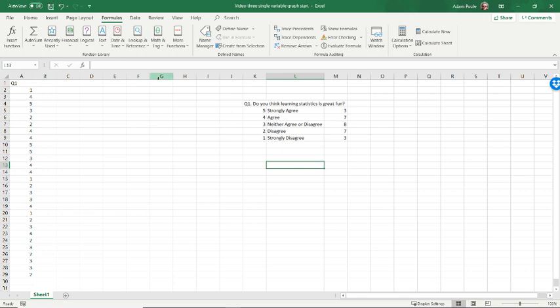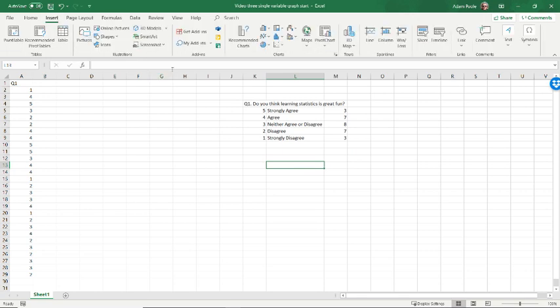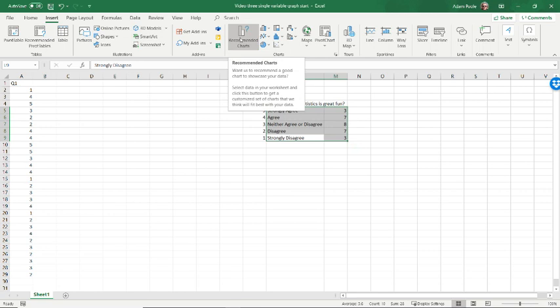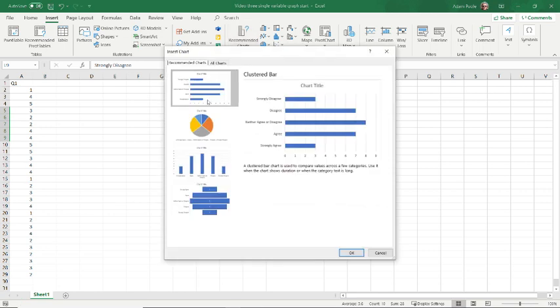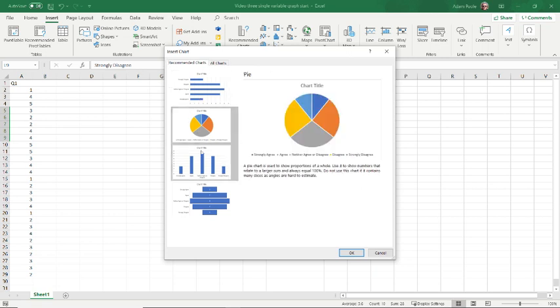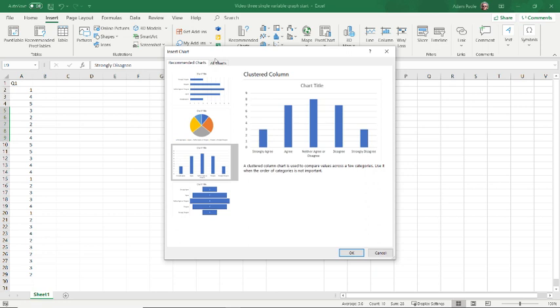Well, first thing I need to do is go to the Insert tab up here on the main menu. And then I need to highlight the data by left-clicking on one corner, dragging up to the other corner like that, and releasing. That highlights the data that I want to include in the graph. And then I go to recommended charts here, click on that, and that brings up several suggestions of charts. We've got a clustered bar chart, we've got a pie chart, we've got a clustered column. In fact, there are all sorts of different charts that you could use,